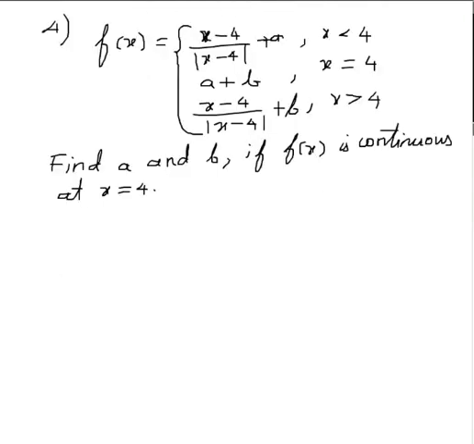Okay, next question. f of x is defined like this. Find a and b if f of x is continuous at x is equal to 4. So it is given in the question that it is continuous at x is equal to 4. We know that LHL must be equal to RHL and equal to f of 4. Let us do LHL. Because the definition is less than 4, greater than 4, two different definitions are given. Limit x tending to 4 minus. For 4 minus we have to use the less than 4 definition,